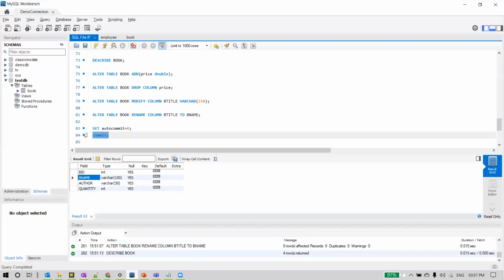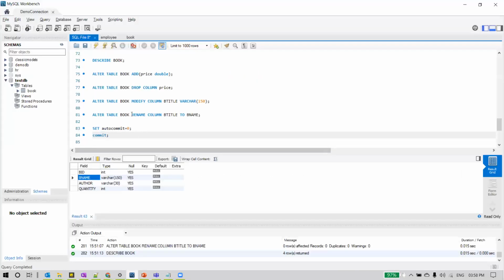So when we want to issue this command explicitly, we need to first set this property to 0. So 0 is like auto commit off. When we say auto commit off, MySQL will not commit the transaction automatically. It will just leave it to the user, whoever is executing the queries. Then it's our responsibility, after some particular number of operations, to remember and execute this commit command. Only then will whatever operations we performed on the database be persisted. This is what we need to remember here.